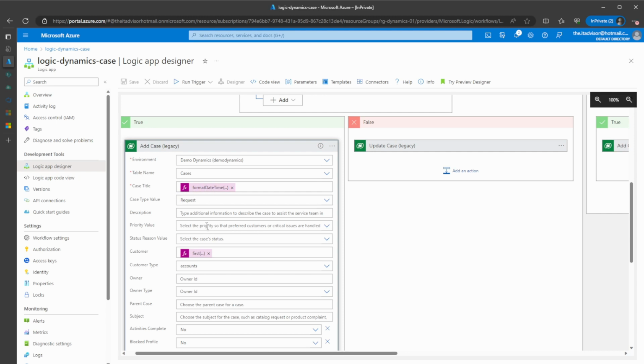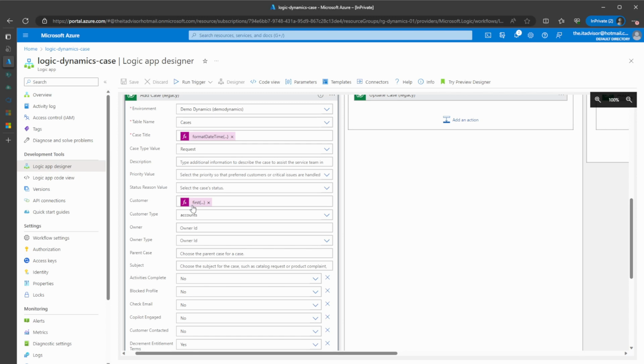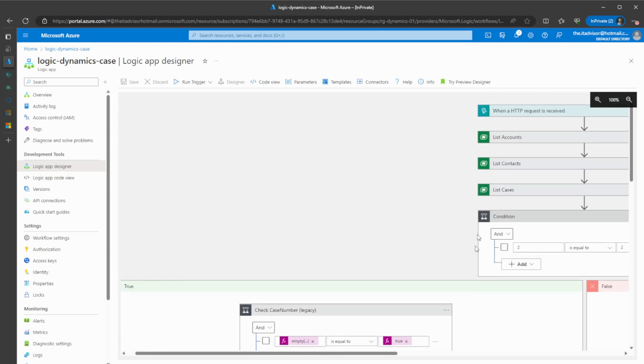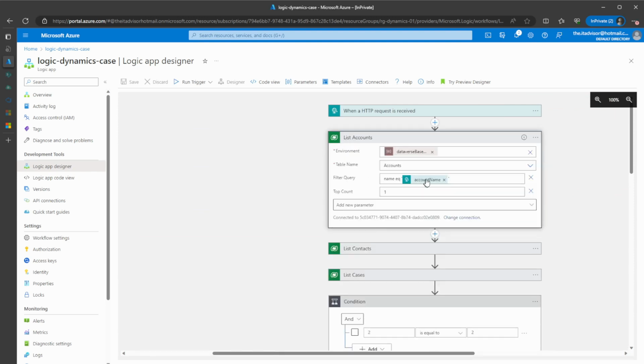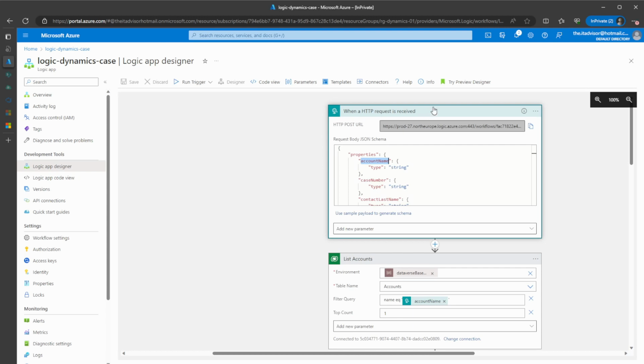It's just to show something. The customer goes from the list accounts action. So the list accounts stays here up, and I use the account name which comes in the request to the HTTP trigger,